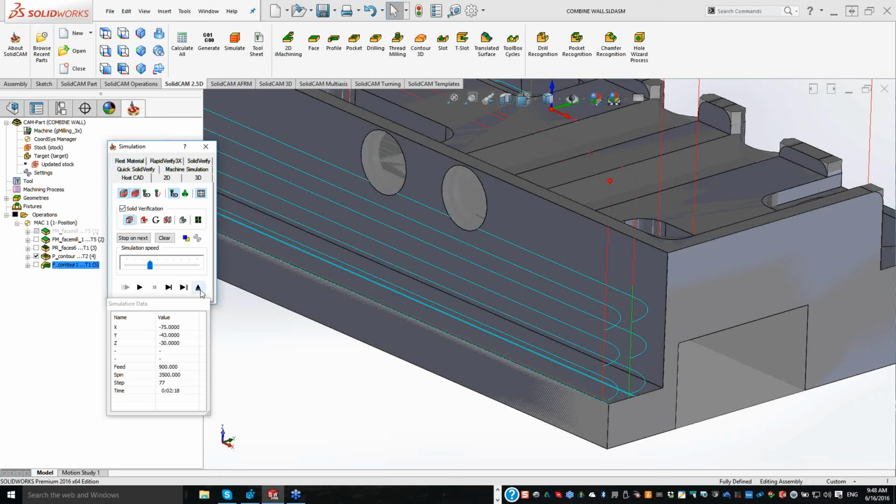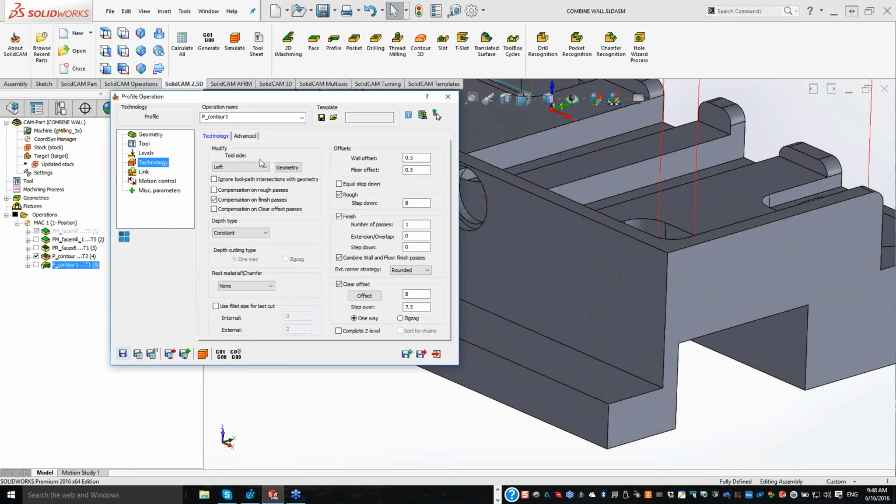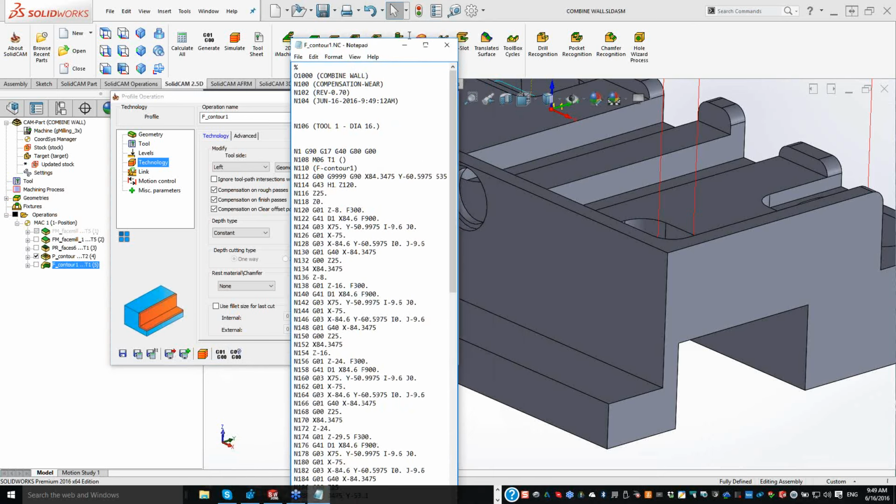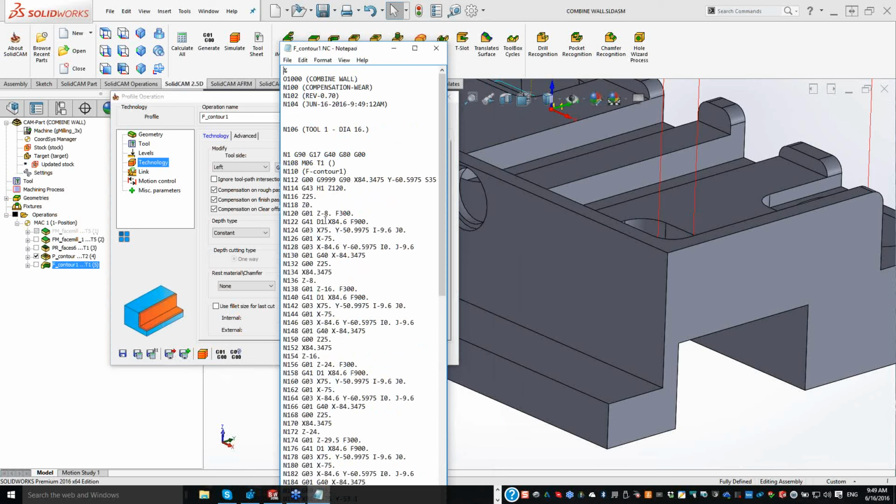Okay, now let me go back here for a moment and talk about the compensation options that we have on our left-hand side. We have options for compensation on our rough cut passes, separate also from our finish passes, and we also have the option of compensation on our clear offset passes. So if I were to check that and run my G code for a moment, we can see that already in the very beginning, as it goes down to my first clear offset step, we already have a G41,